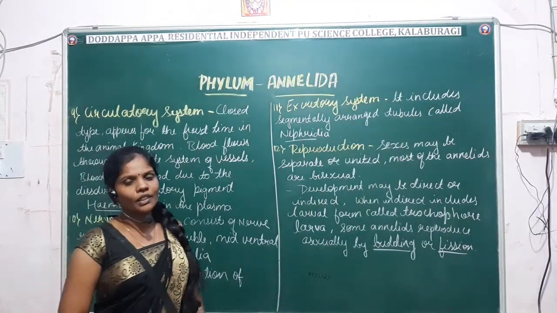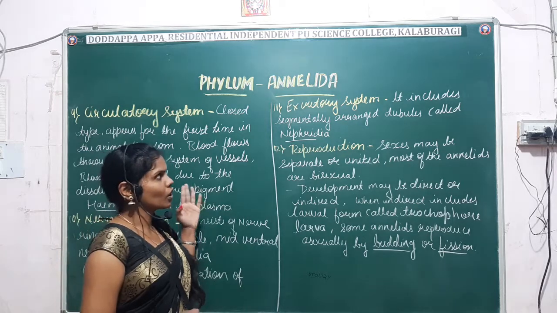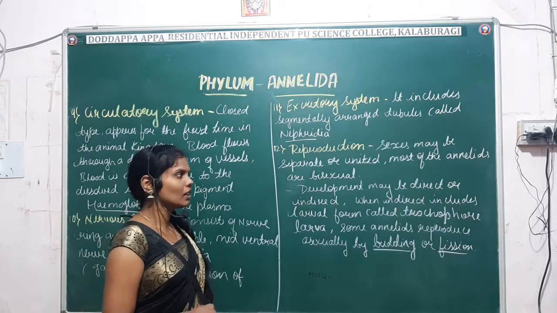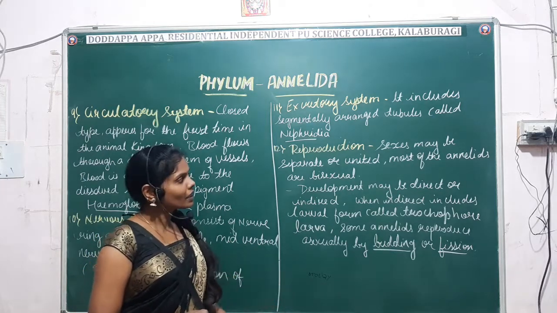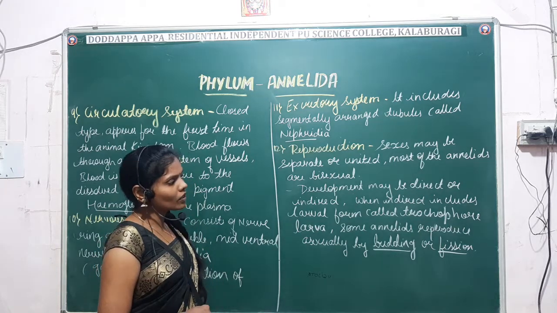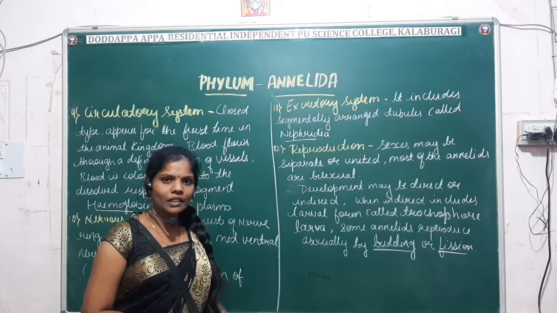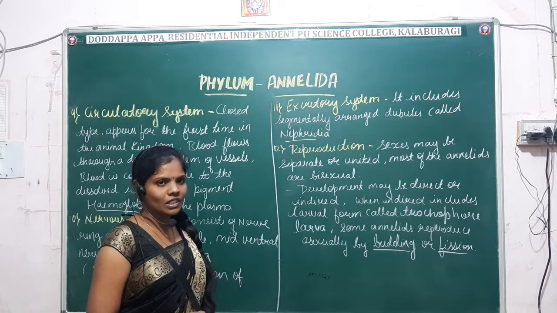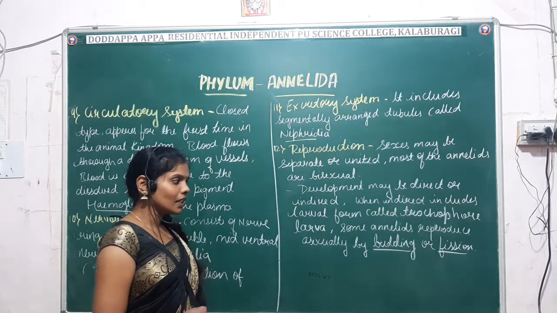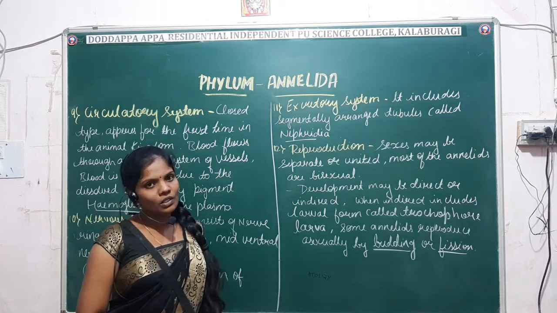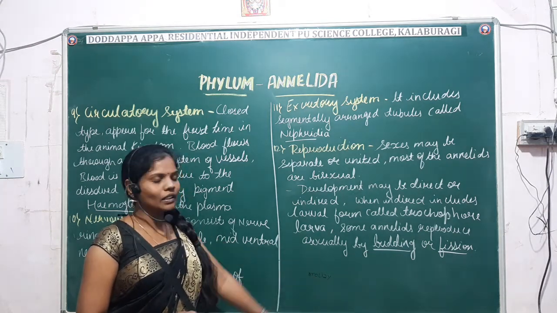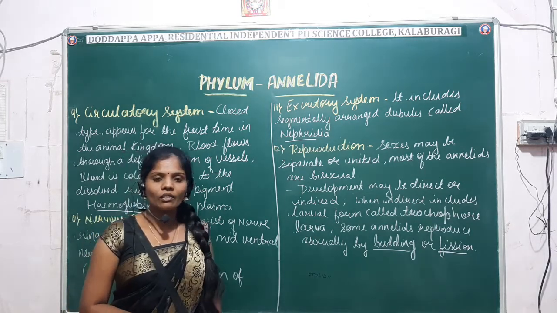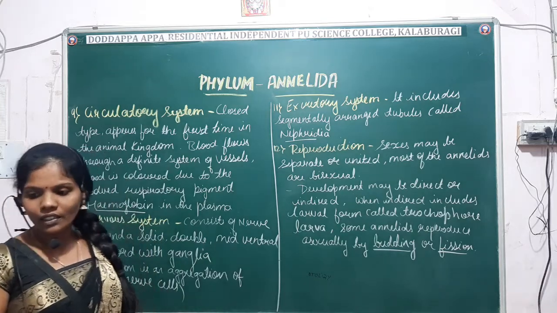Excretory system: nephridia are the excretory organs of the annelids. Then comes reproduction. They reproduce by both sexual and asexual methods. Sexes may be either united or separate. The development takes place by both methods, direct or indirect. If it is indirect, they develop through the larva stage, which is known as trochophore larva. Some annelids reproduce by asexual method through budding and fission. So these are the important characteristic features exhibited by the annelida. Next we'll move on to the classification. We'll see what are the classes of annelida.